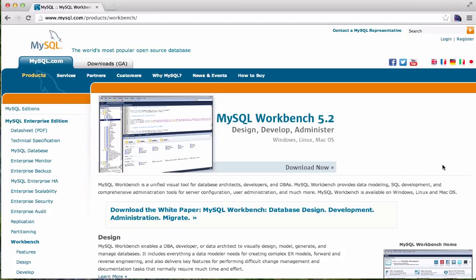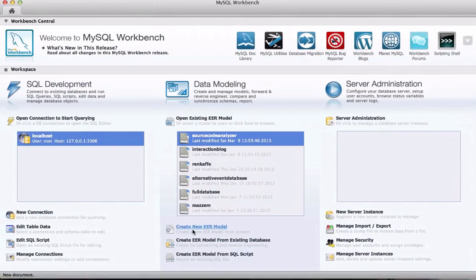MySQL Workbench is an open source application that you can download from this URL, mysql.com/products/workbench, or you can just Google MySQL Workbench. And MySQL Workbench is a tool that you can use to visualize your database and use for modeling and making a database design. So I will make a database design of this very simple database, this structure that I've been working with in this presentation. So I have downloaded it and installed it, and I will create a new EER, entity relation model,